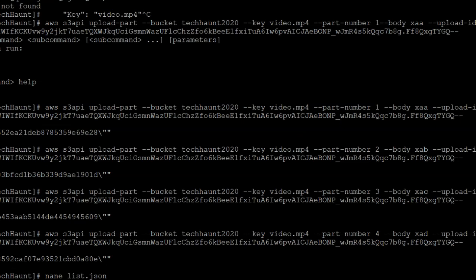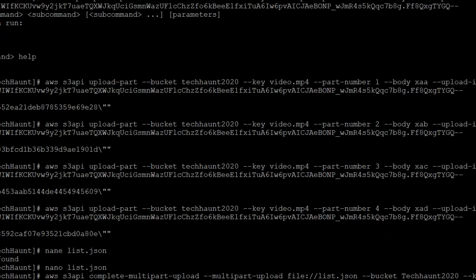I just found one more mistake. Sorry, let me go to Excel. That's not my complete bucket name I have entered here. Otherwise we are going to get another error in this step also. So let's hit enter and verify whether I'm entering it correctly.